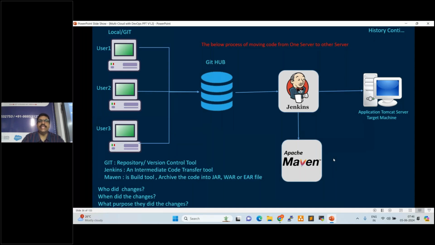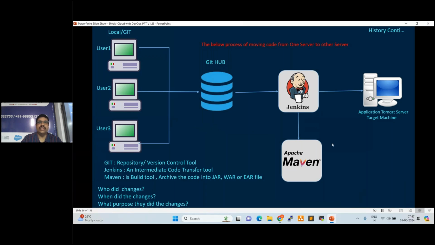The same process happens in Maven also. Maven is a build tool. It takes raw code from Jenkins and converts it into one war file, jar file, or EAR file, like a zip file, a binary file. That war file, jar file, or EAR file is what we call an artifact. That artifact will be understood by application servers.